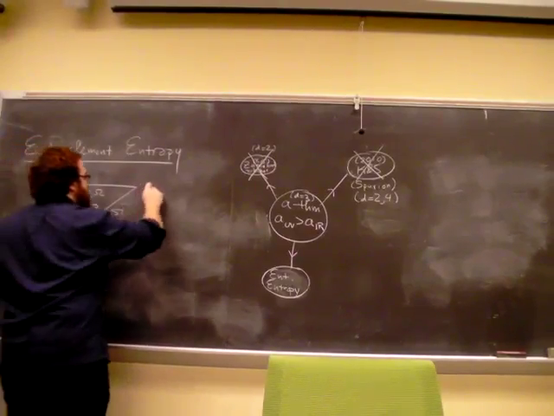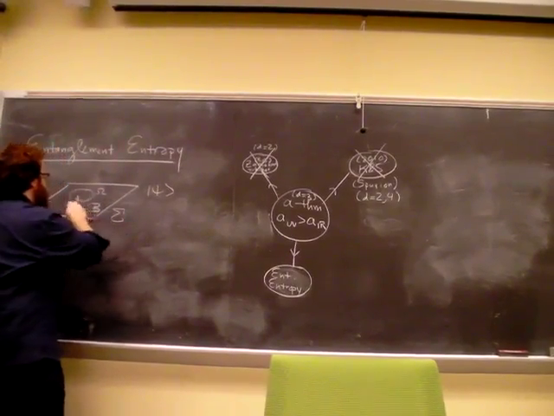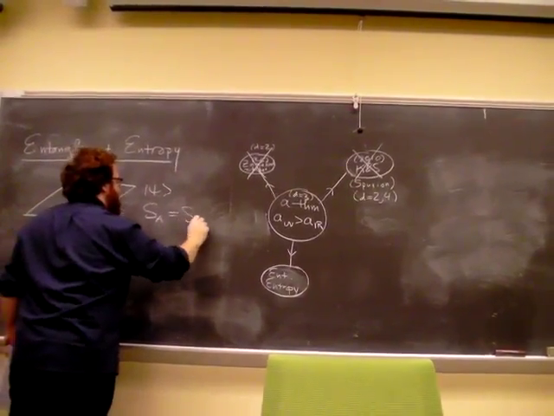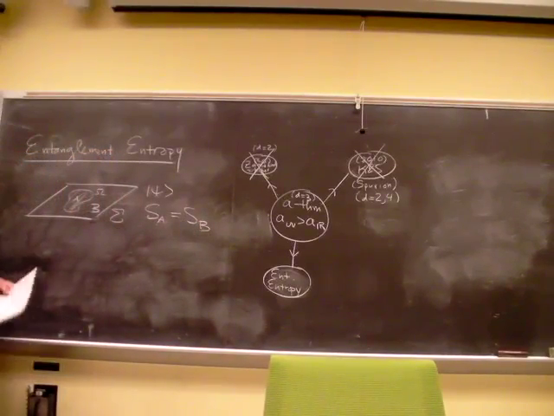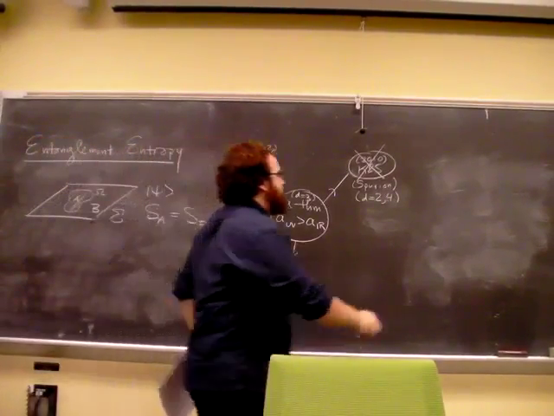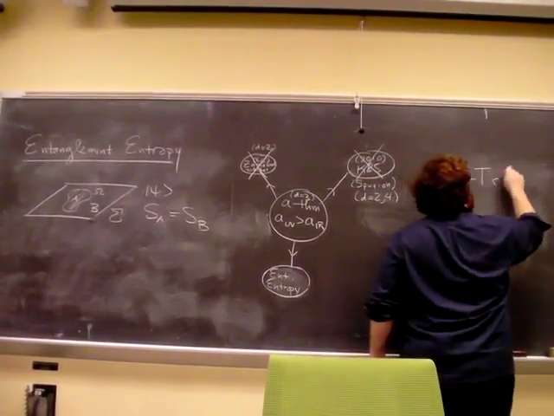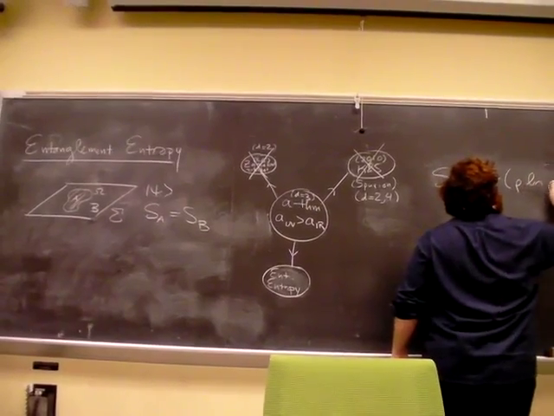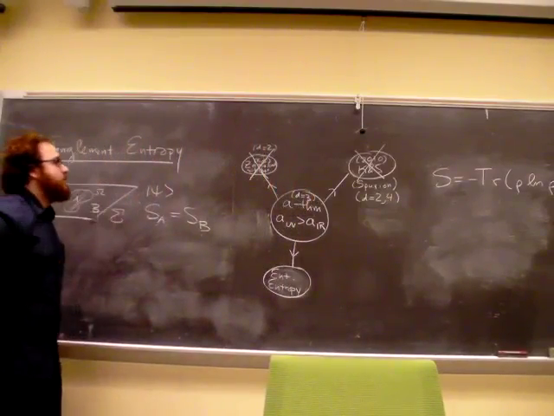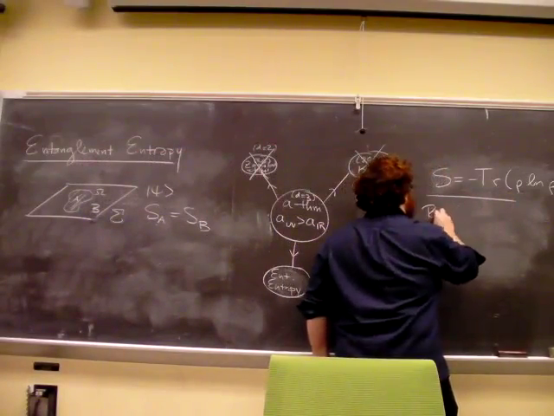So you take a pure quantum state defined by the path integral, and if you trace over the degrees of freedom inside A, because you start with a pure state, the entropy of what's inside will give you the entropy of what's outside. And so when I want to actually compute this entropy for a quantum field theory, it's not entirely obvious how one naturally computes this object. So people have used what's called the replica trick,